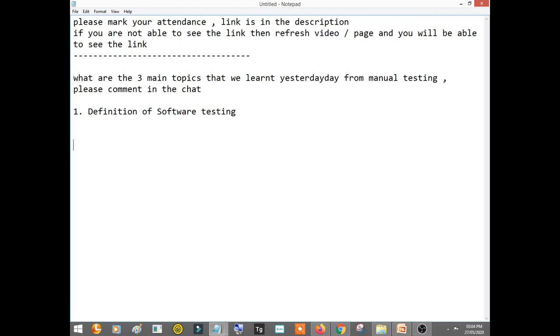Then we saw how to write a test case, and the third important topic is the bug life cycle. So these were the three main topics that we learned yesterday.